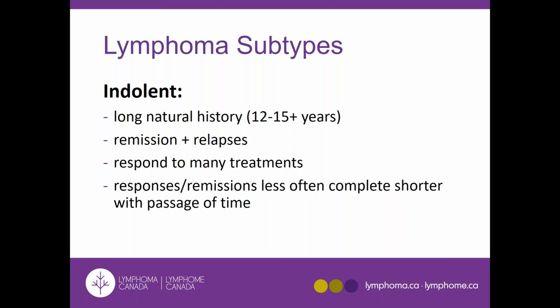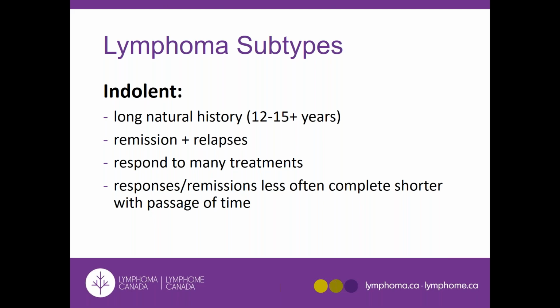Indolent lymphomas usually have a long natural history, can be 12 to 15 years plus, and certainly I have patients in my practice that have had some of these lymphomas for 20 to 30 years, and sometimes they may not have even needed treatment during that period. It's usually defined, or the natural history is that of